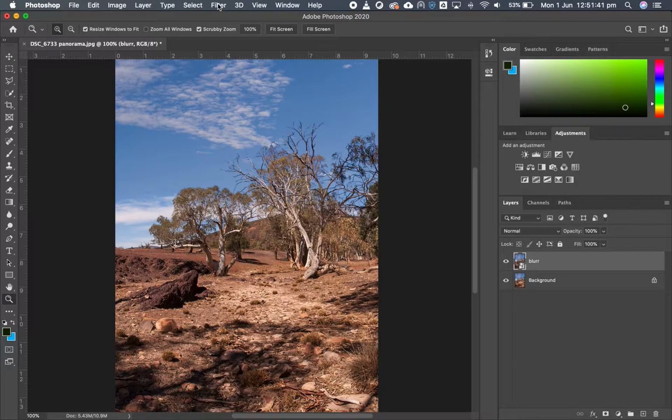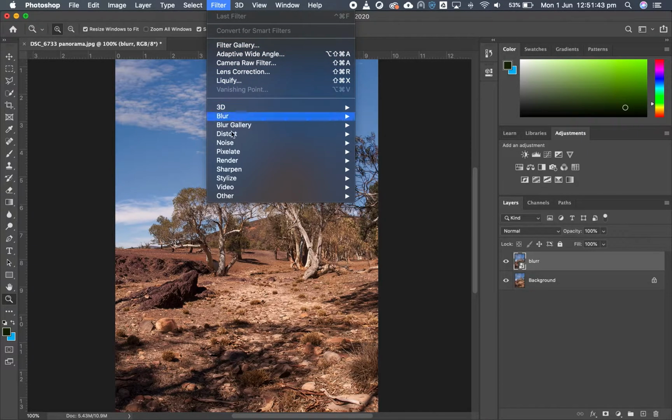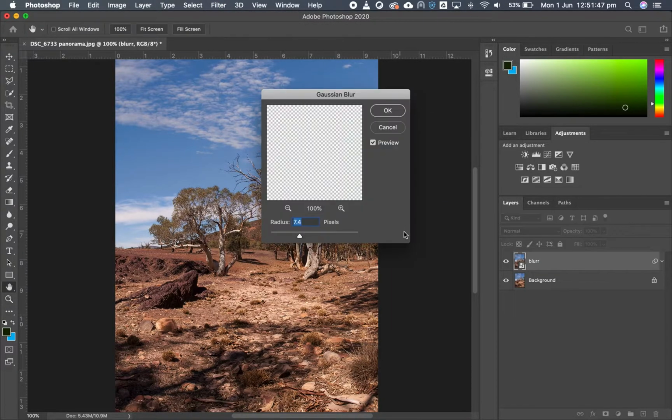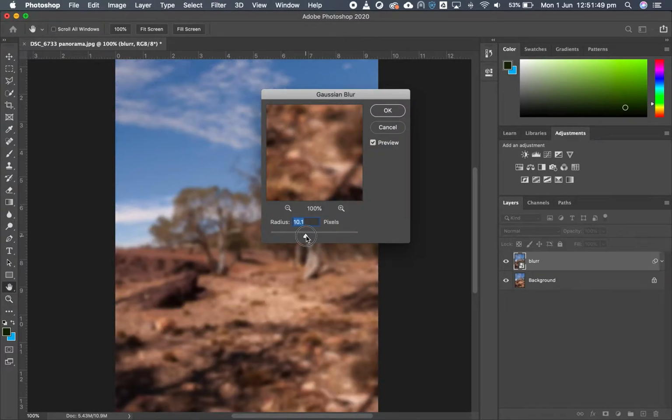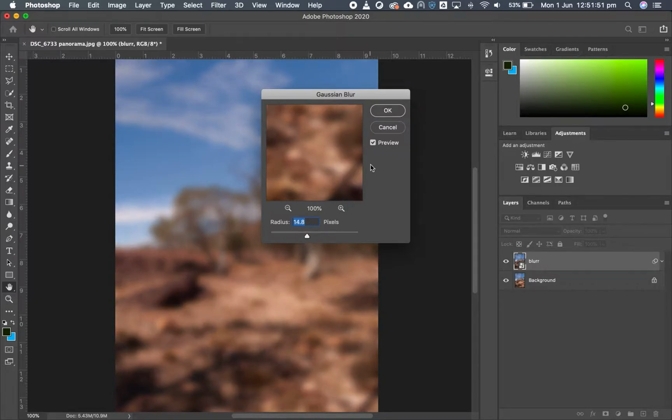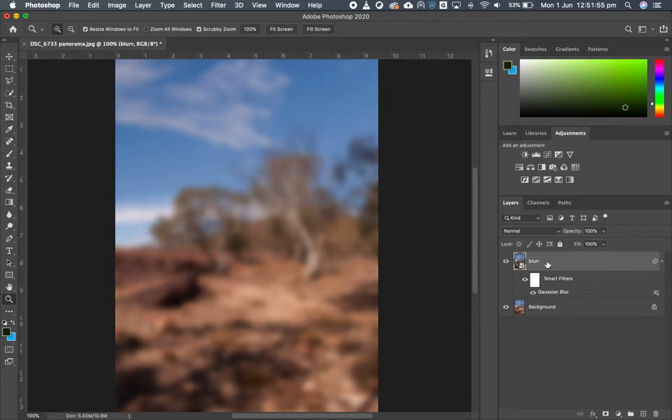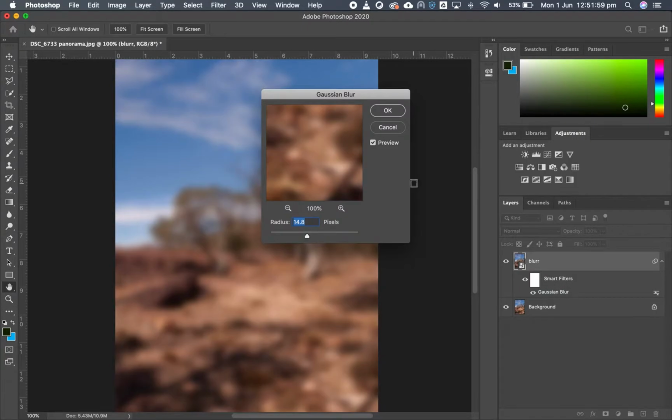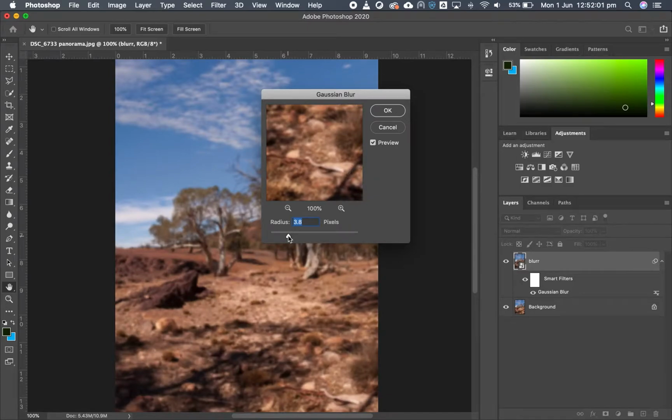So now I'm just going to go to Filter. I'm going to show you how this works. Blur, Gaussian blur, and I'm going to blur it a fair amount. Okay, so let's go extreme there. Click on OK. So now I've got this thing coming up in here. So I can double click on this at any time and I can adjust the amount of blur I'm having